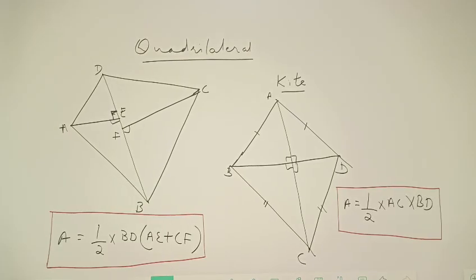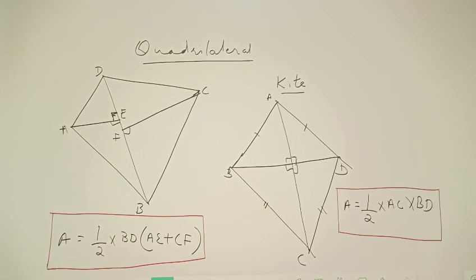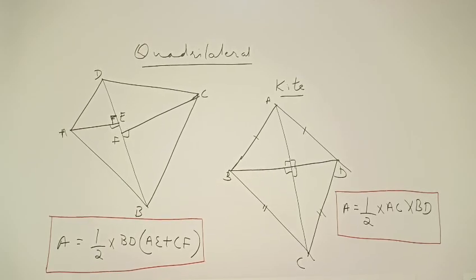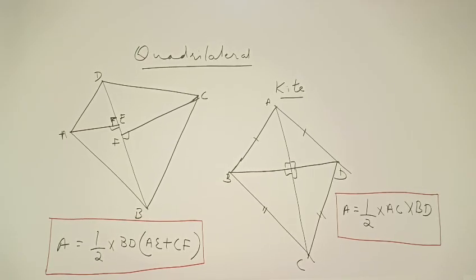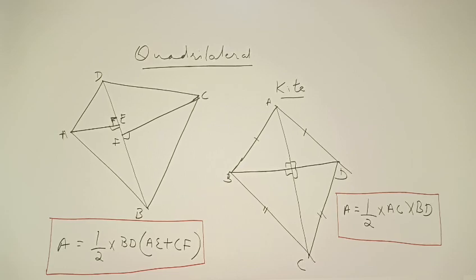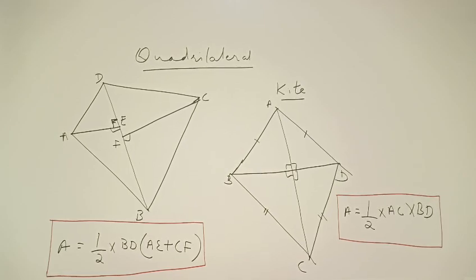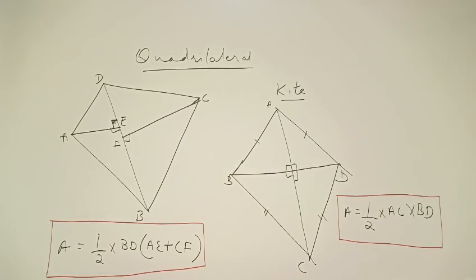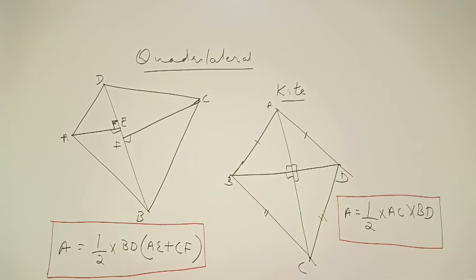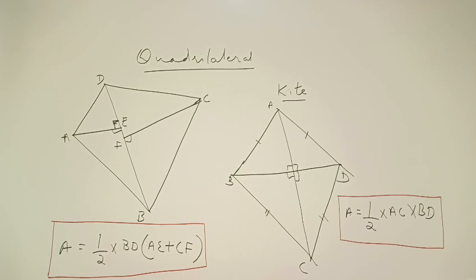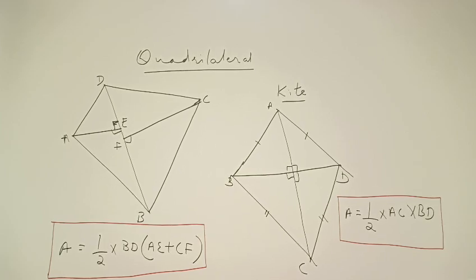The next is, whenever you are given other forms of quadrilateral, for example, on the left side we can see a quadrilateral whose one diagonal BD is given and perpendiculars from the opposite vertices A and C to this diagonal are given. In that case, you can find area equal to half into BD, the given diagonal, into the sum of the perpendiculars, that is AE plus CF. This formula can be used when you are given one diagonal and the perpendiculars to this diagonal from the opposite vertices.